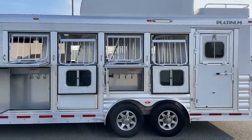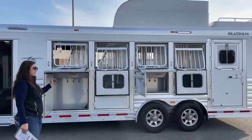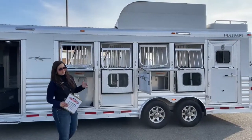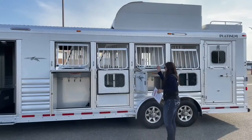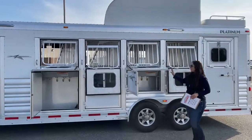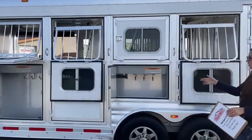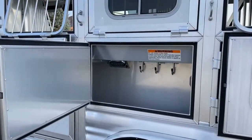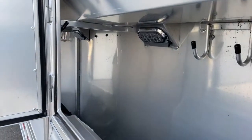So when we were in the stall area, the feed bunks, down below the feed bunks are mangers, storage space, more storage. Absolutely love the amount of storage on this trailer. It's just a lot, and it's great. So your drop downs come down, and then underneath are the mangers. So extra storage down there, you got lights down there, some extra bridle hooks, you know, just all the possibilities of being able to have all the stuff you need